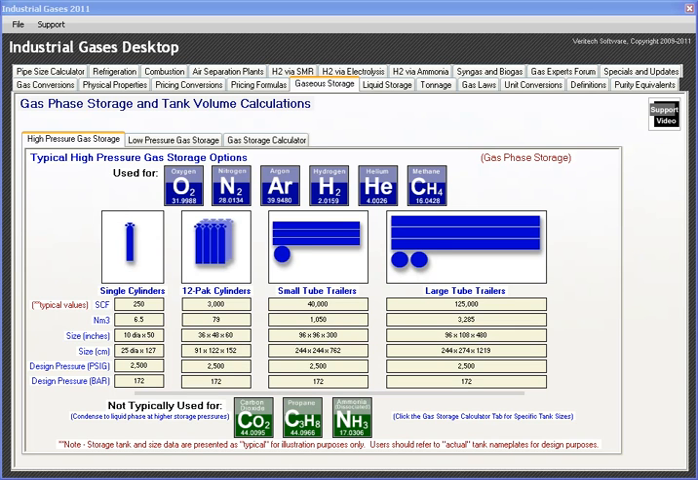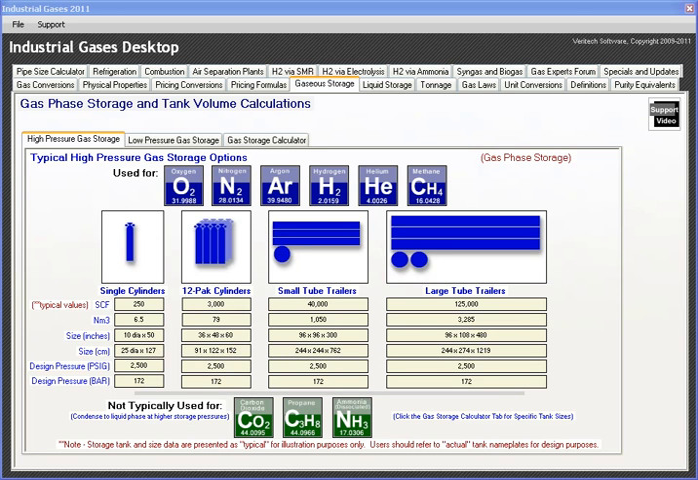Okay, in the gas phase storage and tank volume calculation module, we're going to look at gaseous options for industrial gases, as opposed to the next module, which is liquid or cryogenics storage. So here, basically, we think about two forms of gas storage: typically, high pressure gas storage and low pressure gas